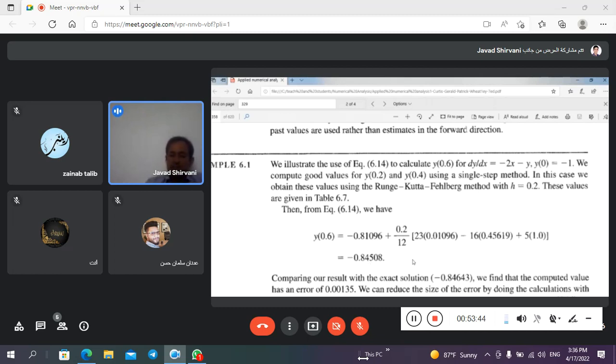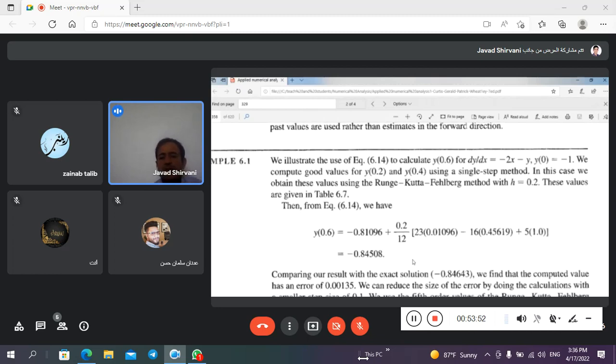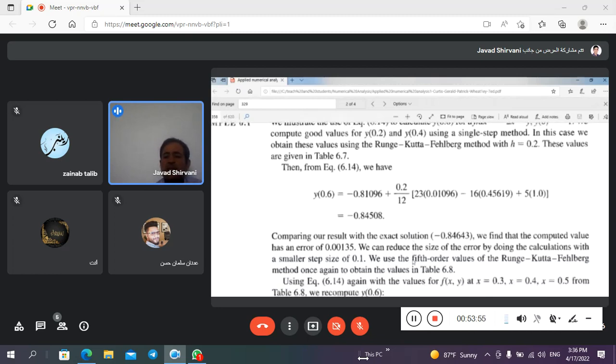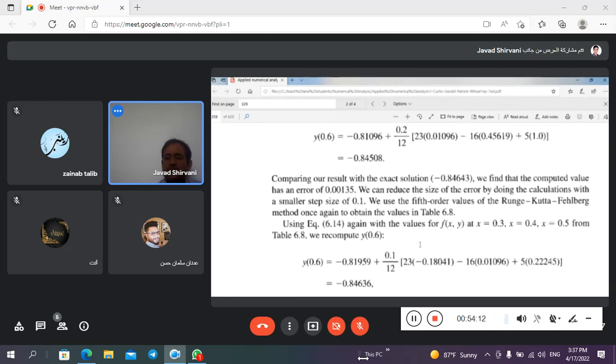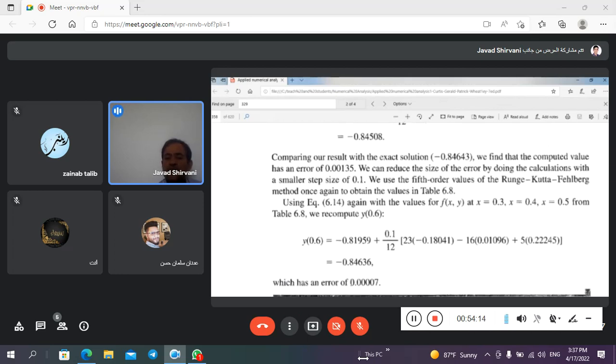Comparing this result with the exact solution, we find the computed value has the error of 0.00138. We can reduce the size of error by doing the calculation with the smaller step size of 0.1. We use the fifth order value of Runge-Kutta-Fehlberg methods once again, and we get this value,